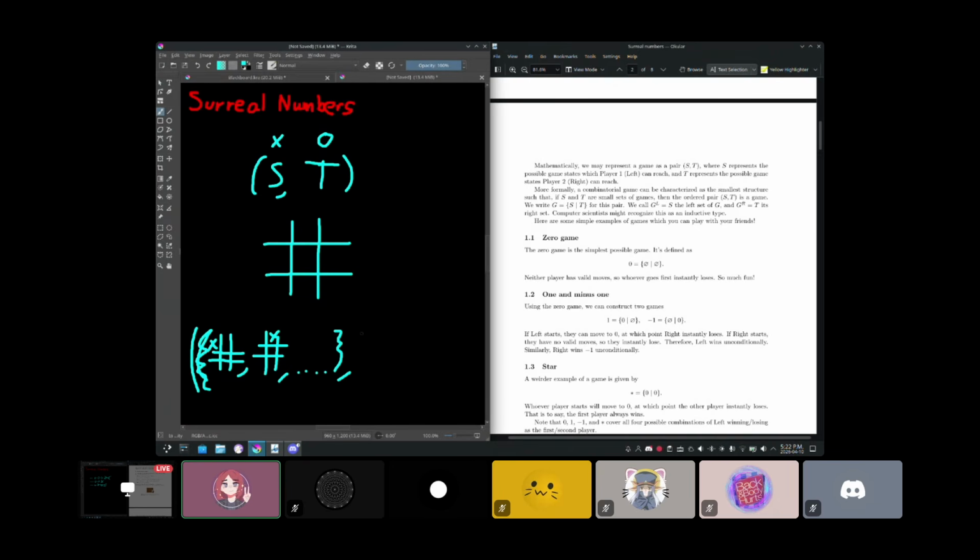And for the right player, well, it's going to be another 9 positions, right? Like they can play O on all of the 9 different squares, right? Yeah, sort of like this. So the game of tic-tac-toe would essentially look like this, in the mathematical sense of a game. It's a pair, and here are the moves for the left player, and here are the moves for the right player.